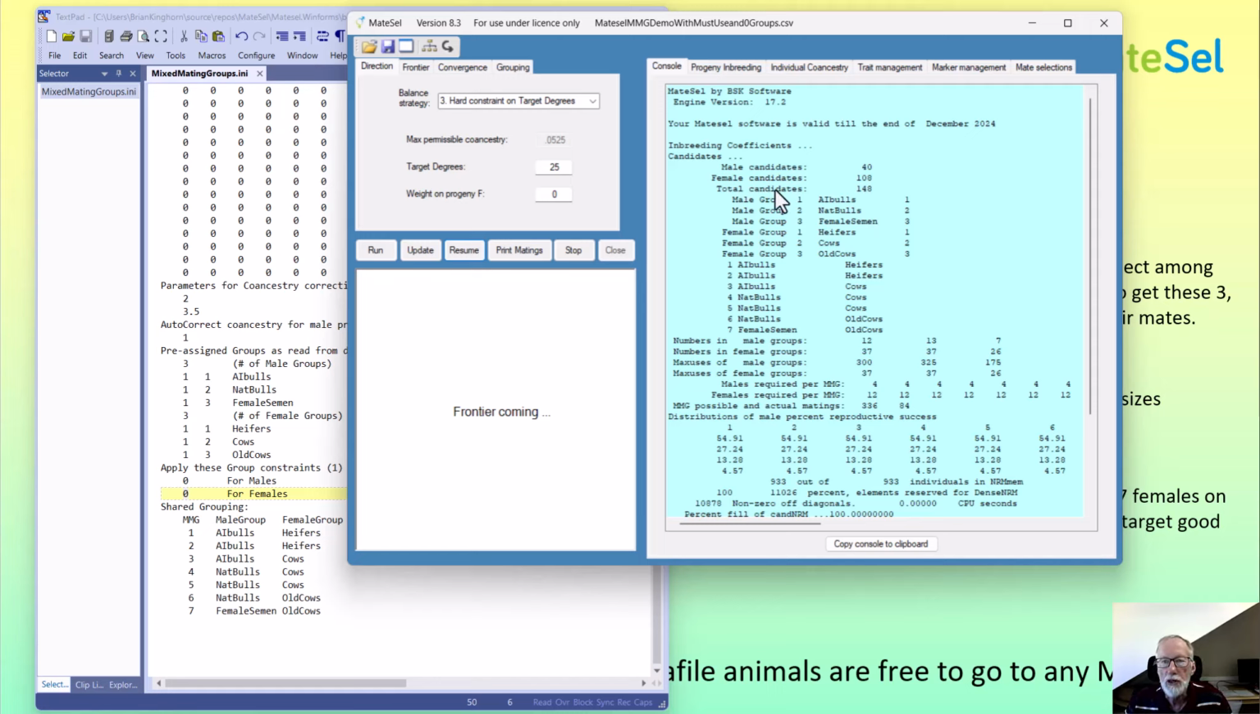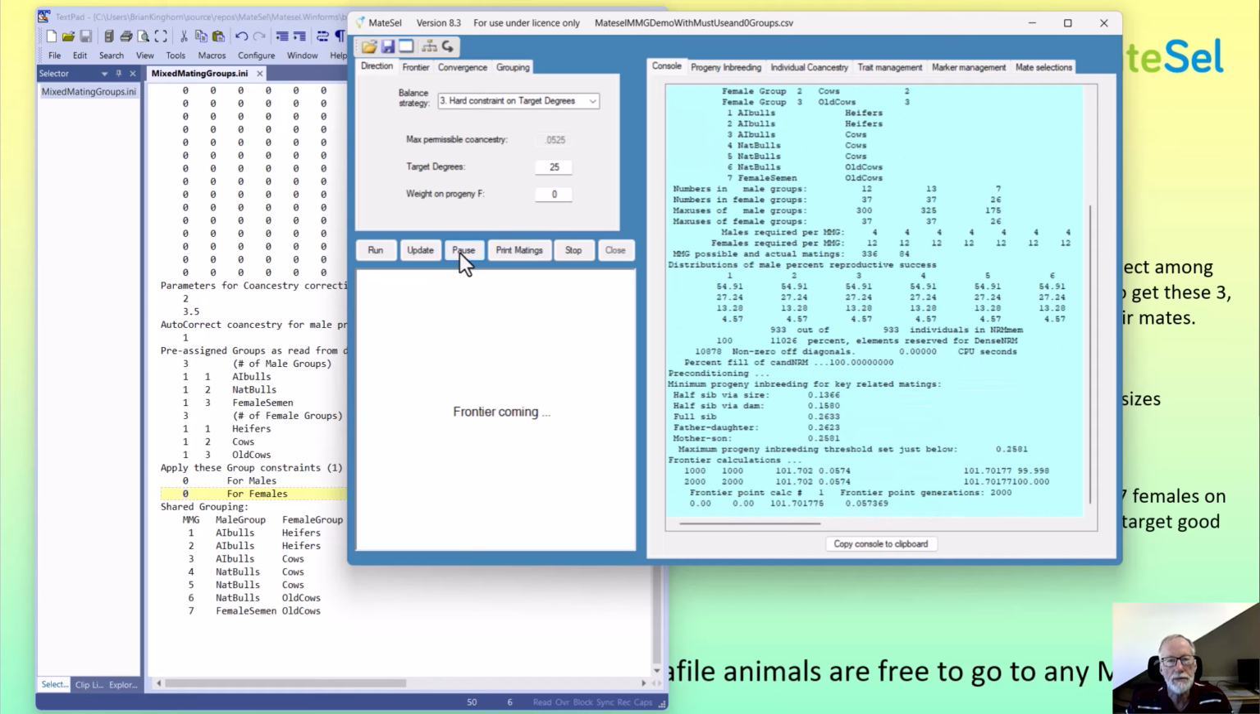We can see we do have the male and female groups as in the data file, and we have our 7 mixed mating groups declared, but we just have a simple output in terms of all the numbers because we're not actually applying grouping at this stage. So let's complete the run